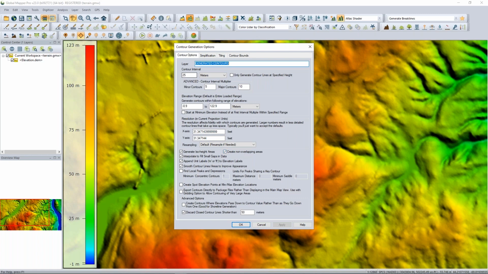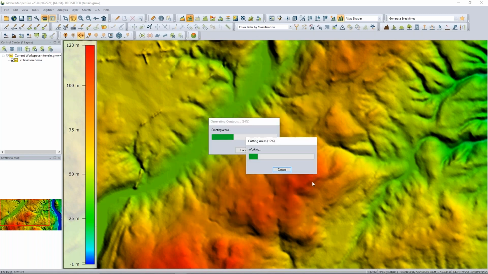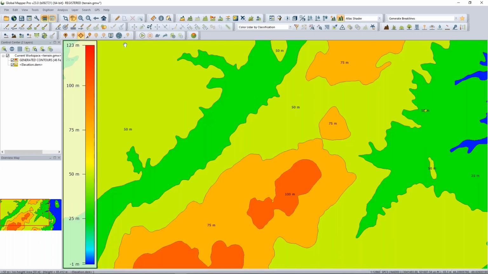So we're going to do 25-meter contours here, and we'll take a look at this example, and you can see what this new setting means. Again, I've checked generate ISO height area and also create non-overlapping areas to run this new function. This is going to create my contours and then basically sequentially go through and subtract them from each other. So the output in general is going to look quite similar to the original ISO height areas,